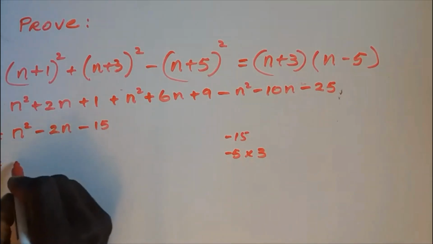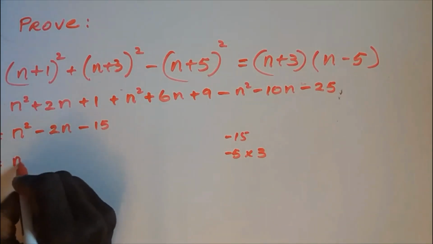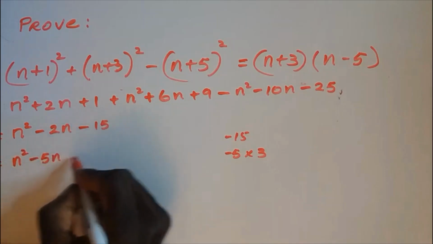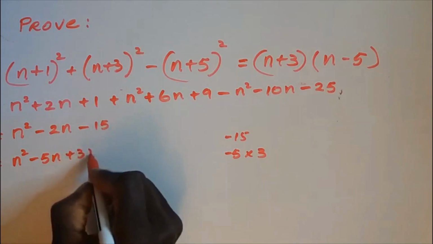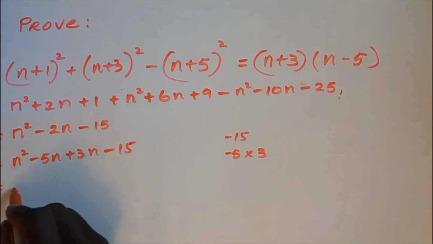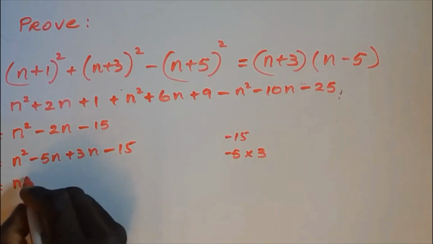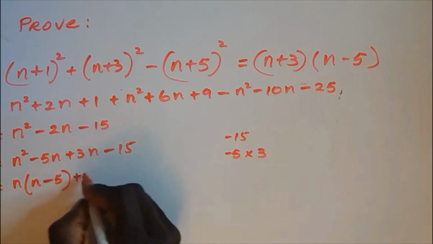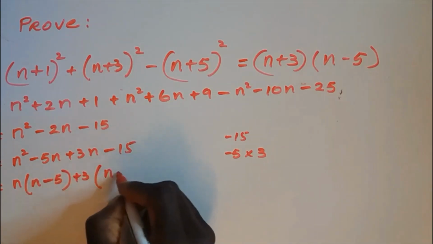So we'll factorize this by writing n squared minus 5n add 3n minus 15, which is equal to, we factorize again, n into n minus 5 add 3 into n minus 5,